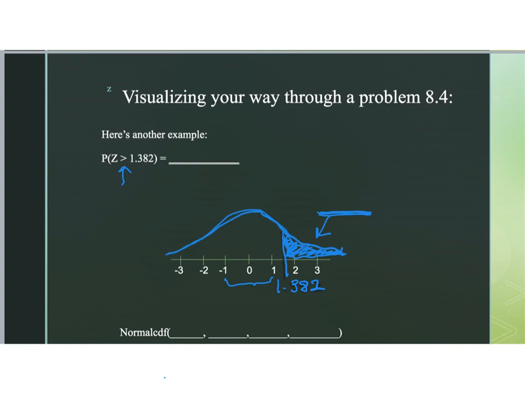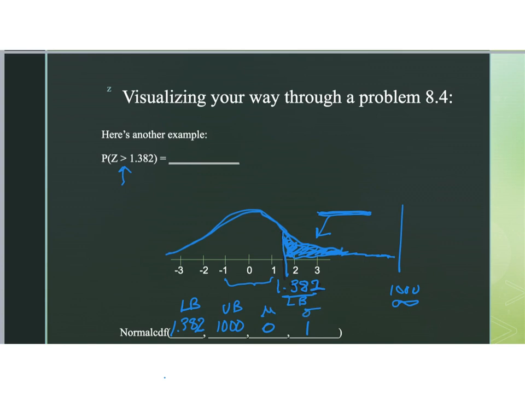Now in this case, again, I'm shading to the right, so my lower boundary is static here, but my upper boundary is really unbounded, so I'm going to create an infinite boundary by putting in 1,000. But as long as you put in something that's larger than your standard deviation would tell you is a large distance, you should be okay there. We just want to make sure these are accurate to about 3 decimal places. So 1.382 is my lower boundary, upper boundary is 1,000, and this is my mean, and this is my standard deviation,